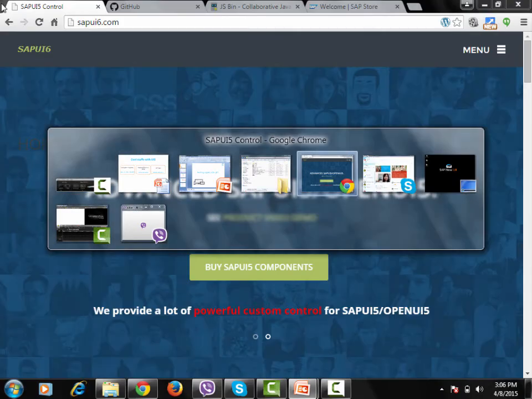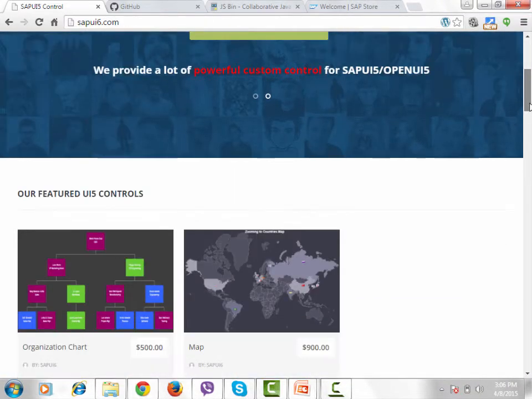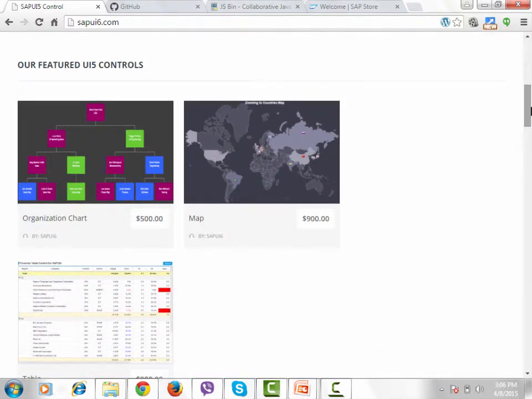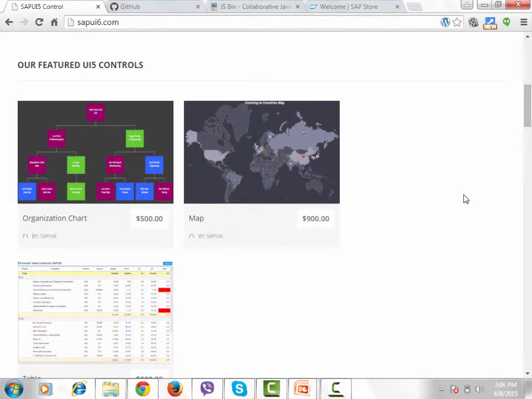There is one website which I stumbled upon. This is SAPUI6.com. I don't know what you think about it, but it's a very good website because they are building some custom components. You can see some map here and some tree diagram here, and they are charging for that. It's wonderful because sometimes you have some requirements and want those features, but you don't want to spend money or time on the development. So it's very easy to buy that code because they will also support you if there is any problem,